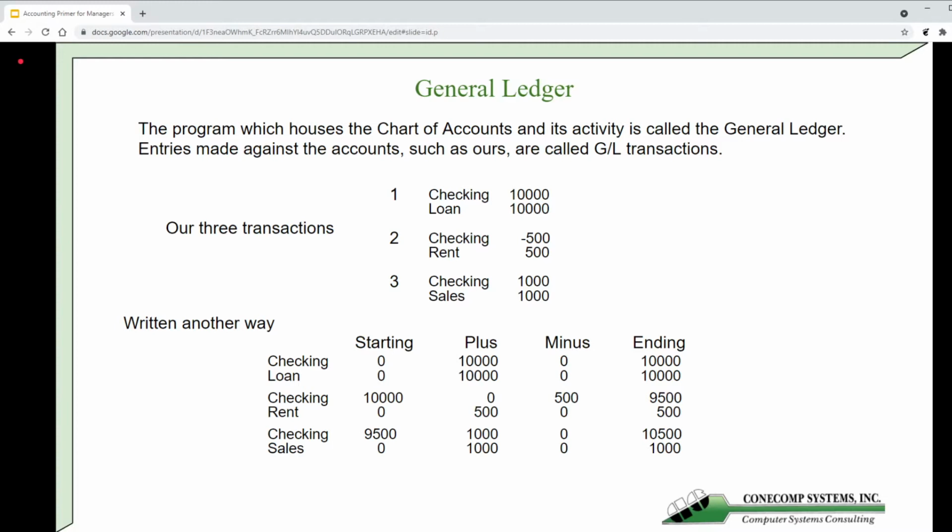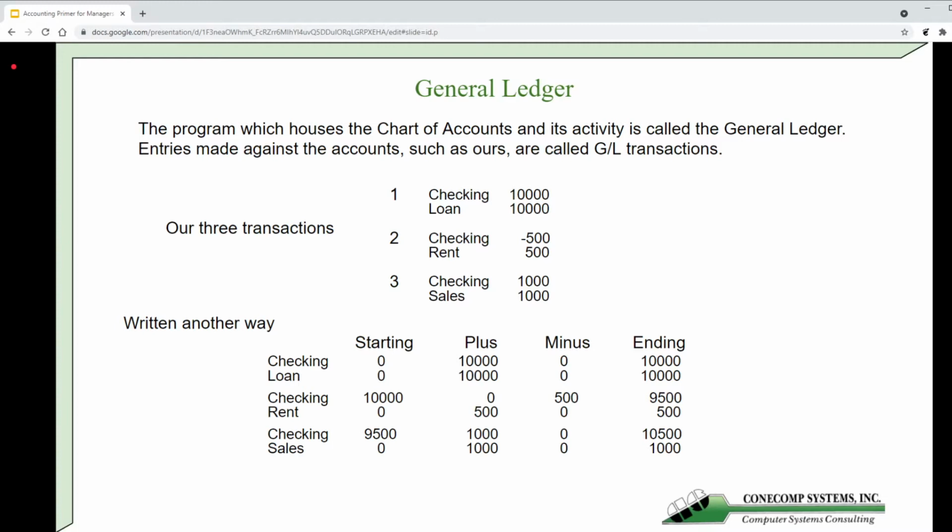$10,500. And finally, our sales did it similarly. It started at 0, it went up by $1,000, didn't go down at all, and ended at $1,000. So, sorry, that's rather long-winded, but just to point out, that's the way it would lay out in an accounting